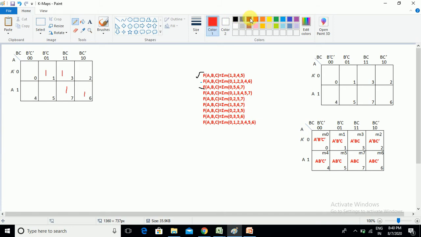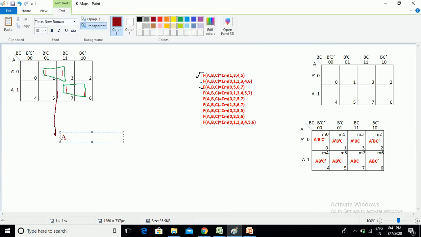What is the way to create the mapping for that problem? Whenever you go to a problem, first create the easy mappings. 1 and 3. After that, 6 and 7, without overlapping, two groups are created, which are two-cell groupings. The answer for the first group, 1 and 3: which ones are common? A dash is common as well as C is common. So you need to write the answer as A dash C.